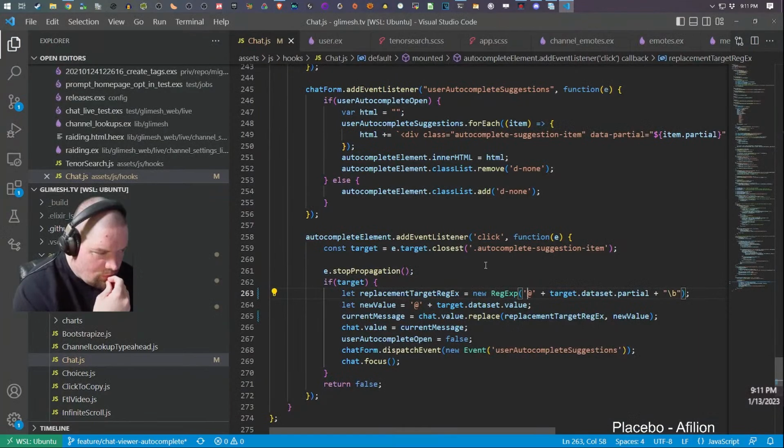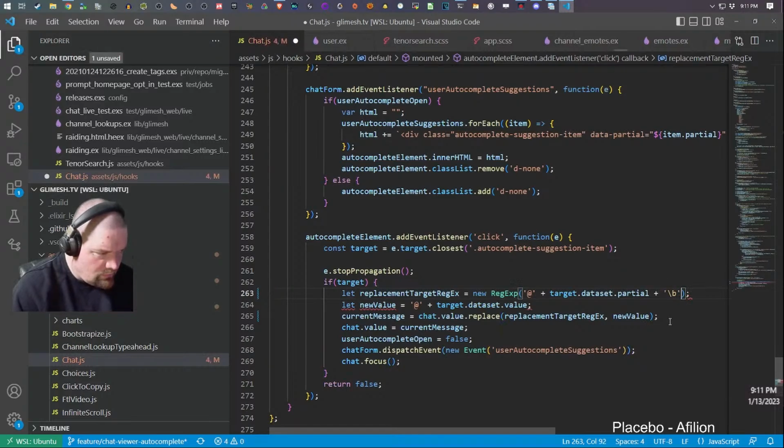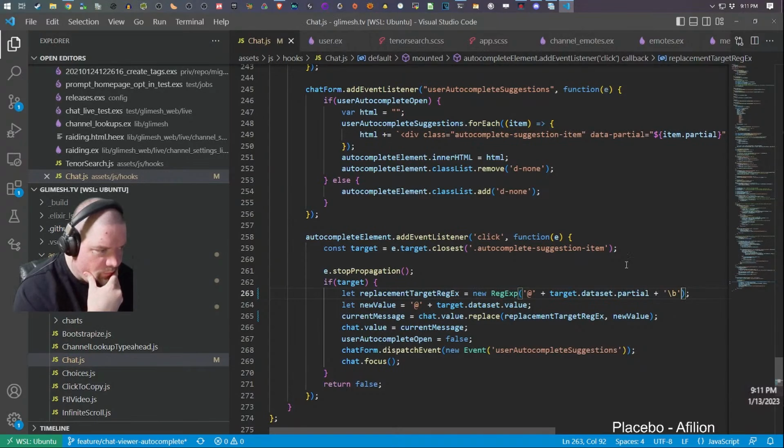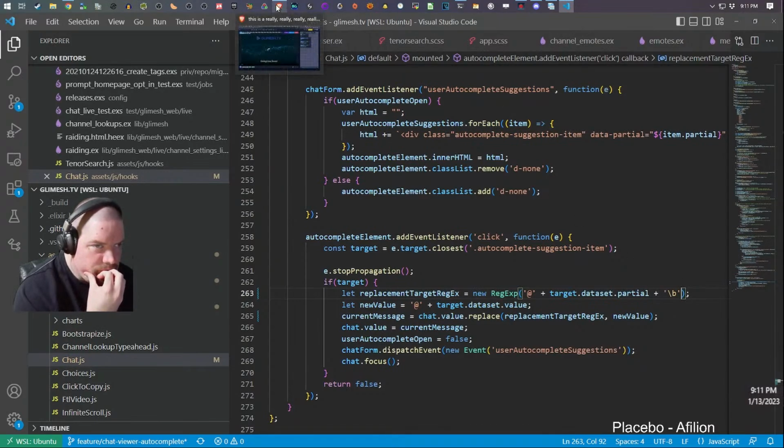That doesn't want to work. Oh, wait a minute. I wonder if it's breaking it. I might have to double up my backslash.